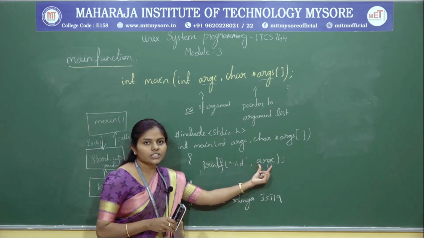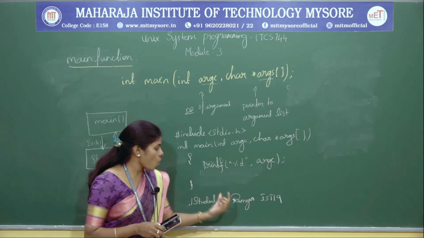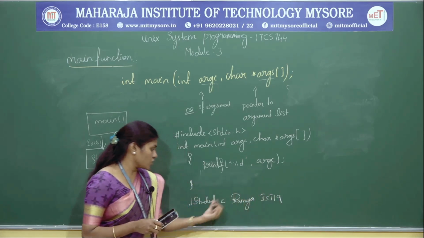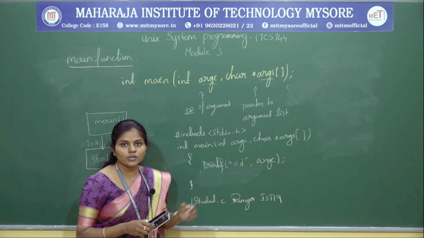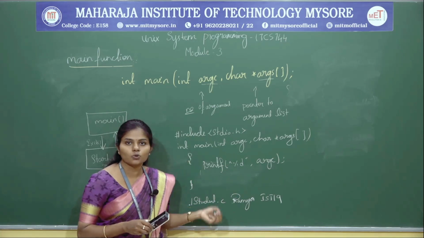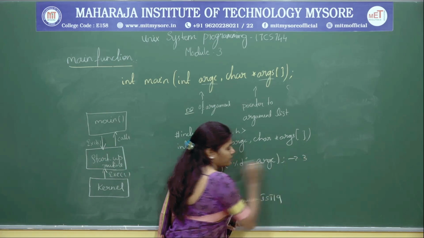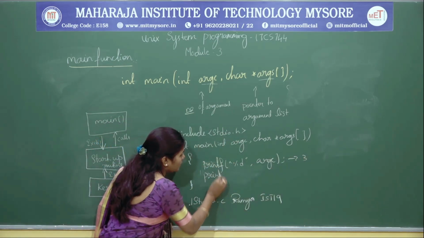So argc is going to give what number of arguments, right? How many arguments are passed here? Two arguments. So for which function? Student.c. The number of arguments it is going to give is not 2, it is going to give 3, including the name of the file. So that is going to be 3. Understood? Next we will go for the printf statement.